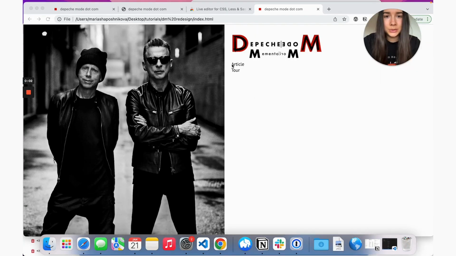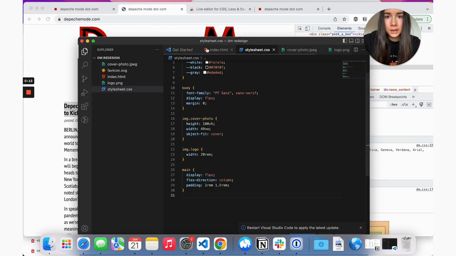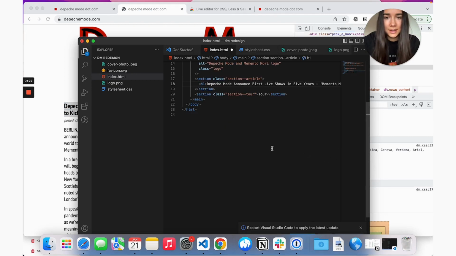Next, we're going to replace this article placeholder with the actual article. So first thing I'm gonna do, I'll just copy this title and I'll go to the HTML file, and this is going to be our main tag. It's a little long, so maybe there is a way to shorten it, but anyway, this is our main title of the page.